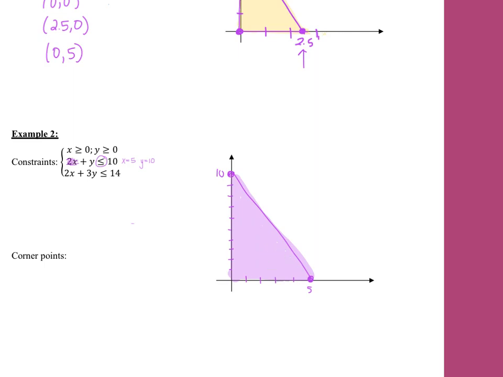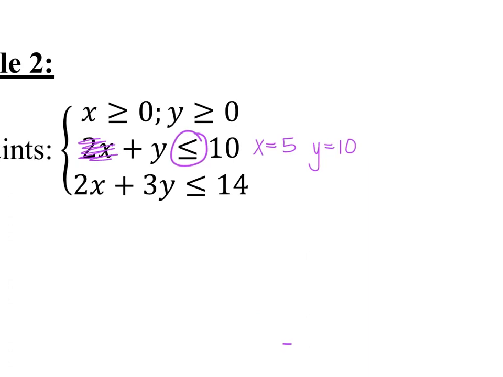Okay, so now a second equation, a second line. So let's check that out, and let's use the same method we were doing before. Let's do red for that. If there was no y, then x would be 7. And if there was no x,